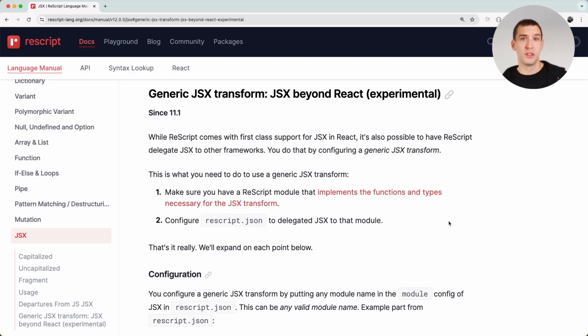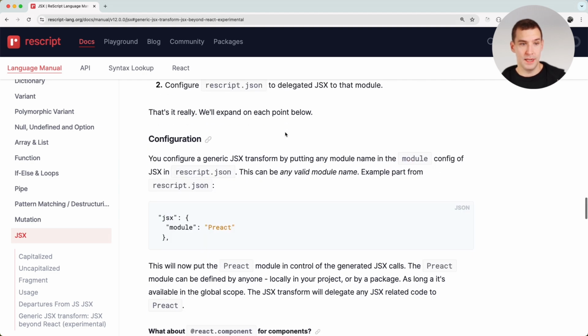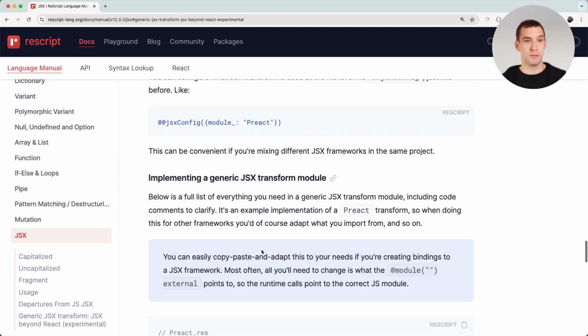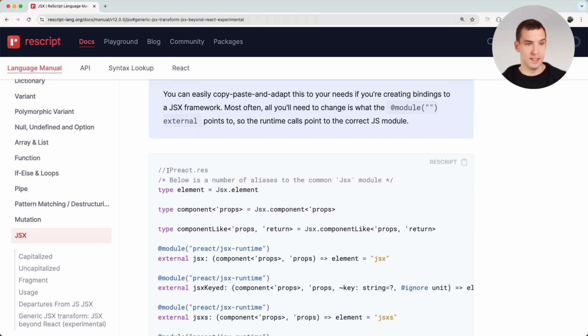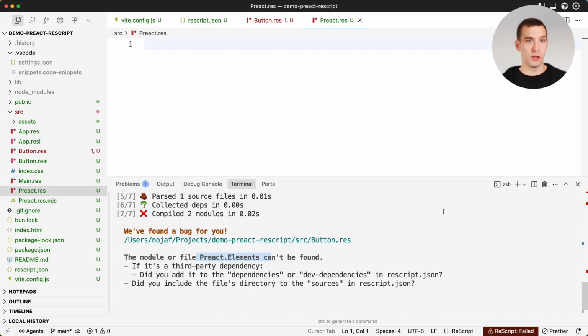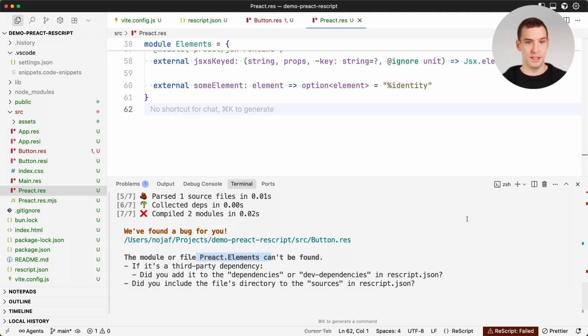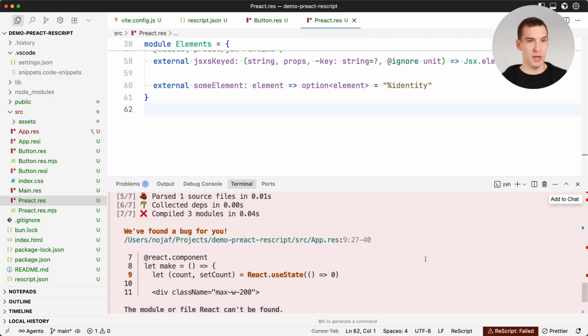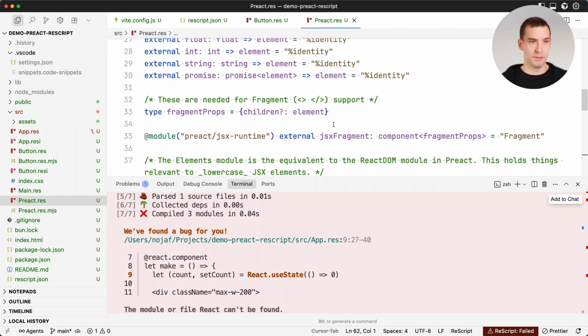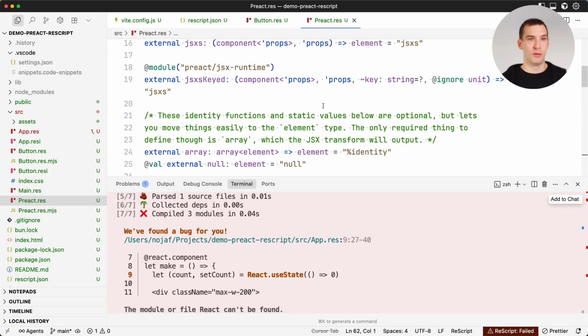What we want to do is go to the ReScript documentation. There's a section JSX, which talks about generic JSX transform. And if we scroll down here, it more or less explains what the transformation needs to do. And then there's an example Preact.res. If we just copy that to our clipboard, go back to our source, paste it in, try and recompile, getting there. So we have a different bug